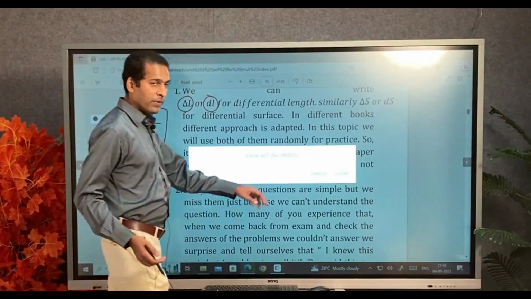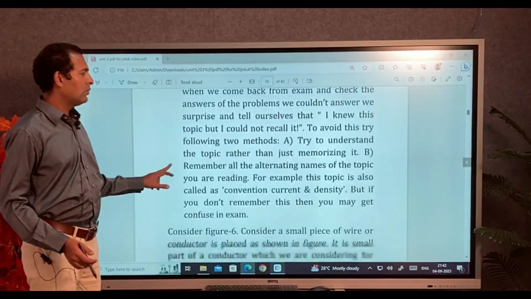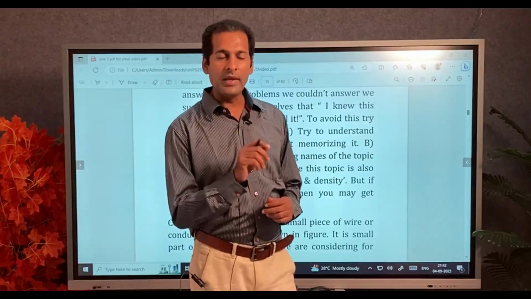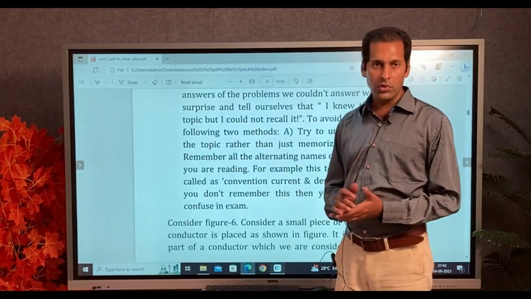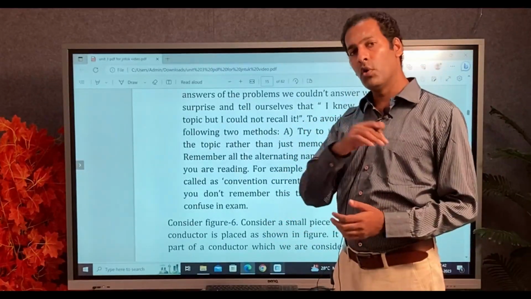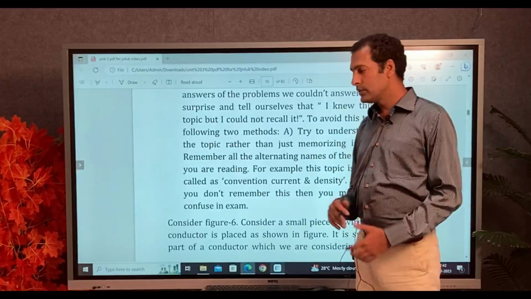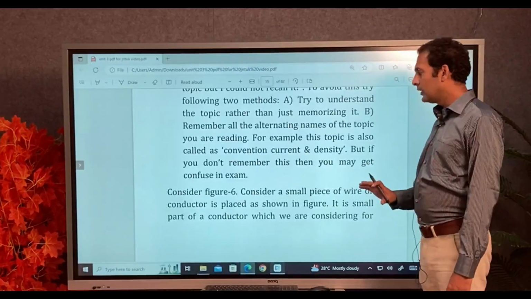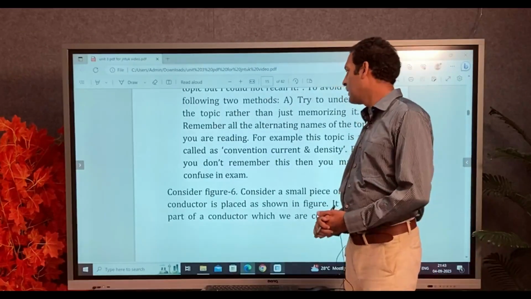Now one more tip we will discuss. In examinations, many times the question is very simple, but we do not understand the language or we negligently don't read a particular word. So we make some mistake or we feel that we don't know the answer. There may be some parallel word for the question asked and we leave that question. When we go back home and check the answer, then we think I knew this answer, I just could not remember it at that time. Similarly, we have to remember the alternate names of the topics.